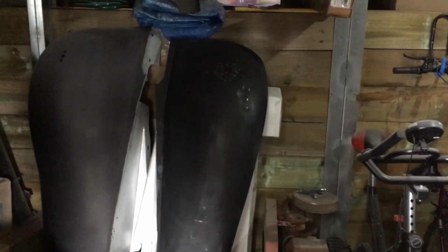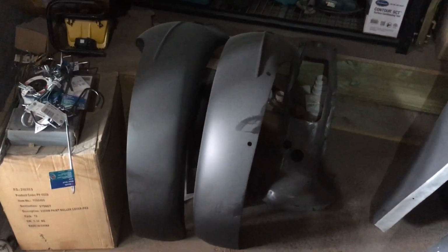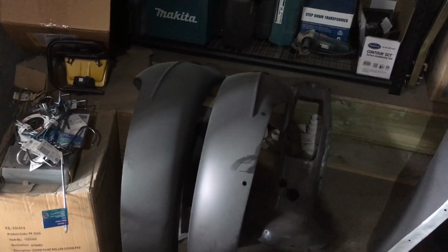Just the fact that those front guards are scaring me. So there's a bit of work that needs to be done to them, and I'm not a panel beater or anything like that. Just an office worker. So I think those back guards are in pretty good shape, so I think I'll work on those first, just to get a bit more confidence